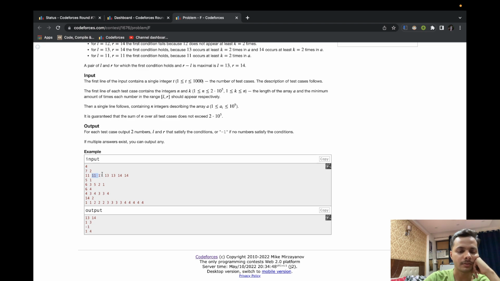So then we'll check what is the frequency of A of I in the values of L and R for I plus 1. Okay. Moving here.